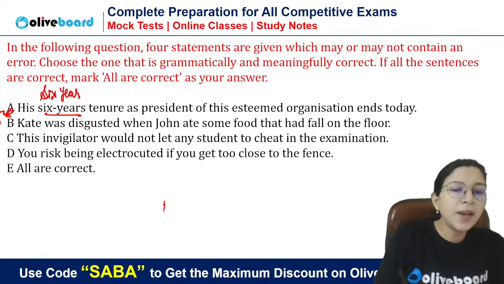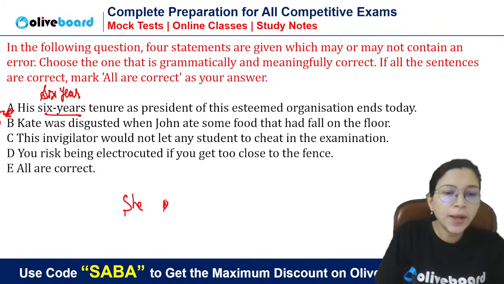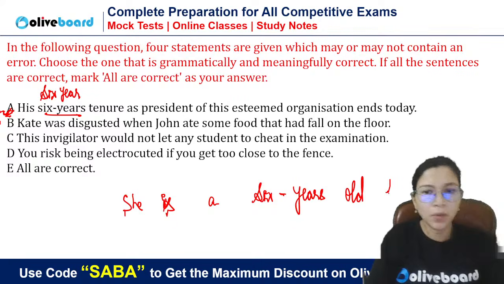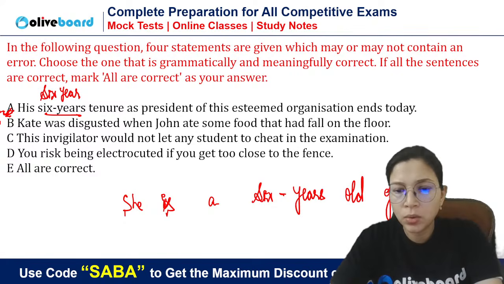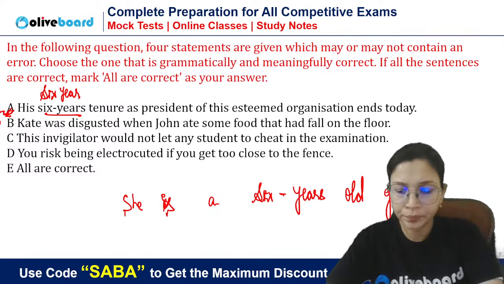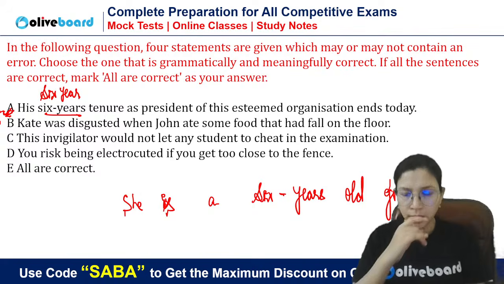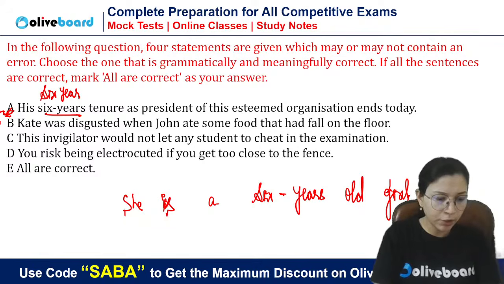You know that adjectives are never used in plural form. Like, can I say she is a 6 years old girl? Can I say she is a 6 years old girl? Is it buffering? 1 second. Yes, there is some issue. 1 second. Oh, now it is fine, I think. It was momentary, guys. Okay. Now it is fine. Okay. It was momentary buffering.